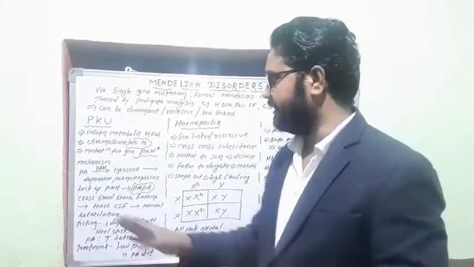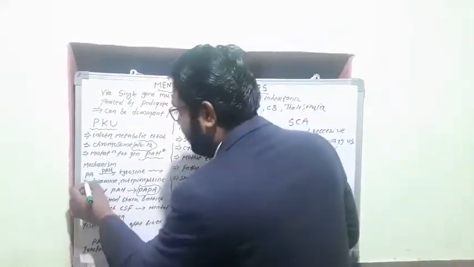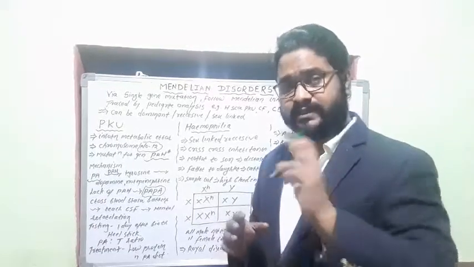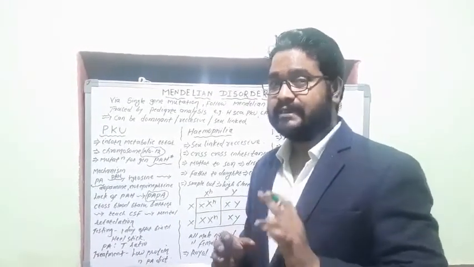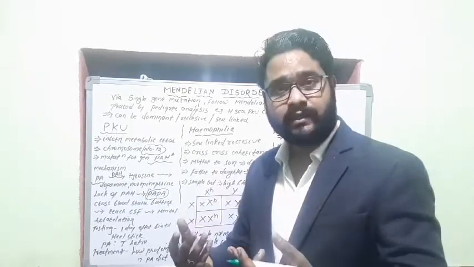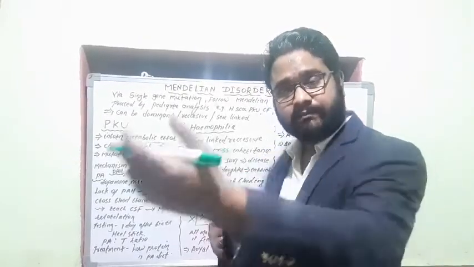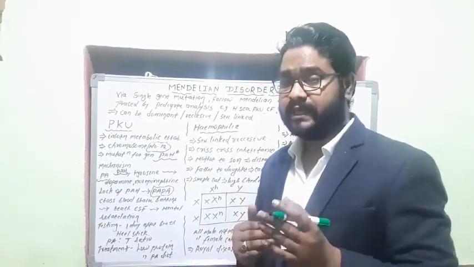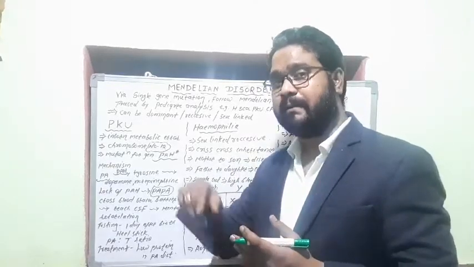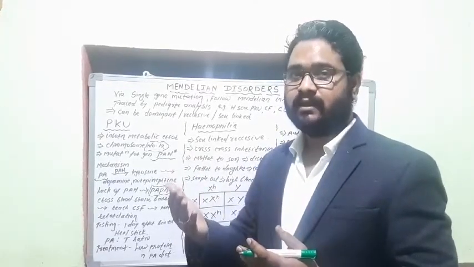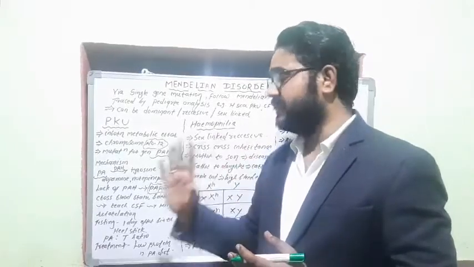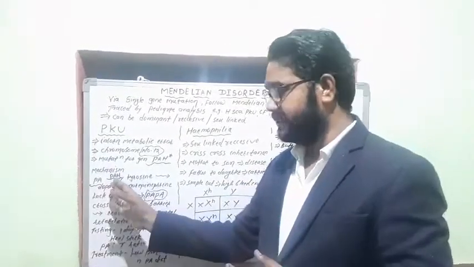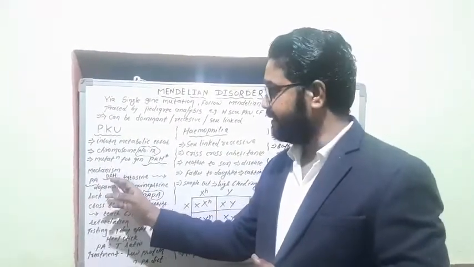Mechanism, how does it occur? See, phenylalanine is an essential amino acid. That means it is among the 20 amino acids, but this amino acid is not produced by the body. So it is brought from outside in the form of food, and then our body metabolizes it for further essential synthesis in the body. So phenylalanine, an essential amino acid, when taken from food into the body, is metabolized